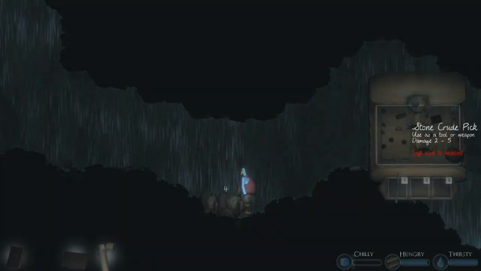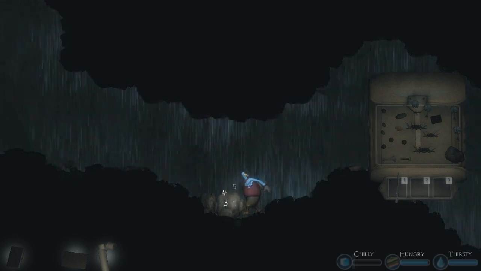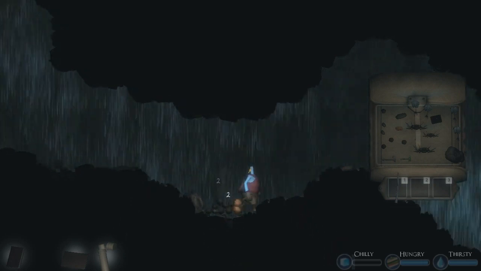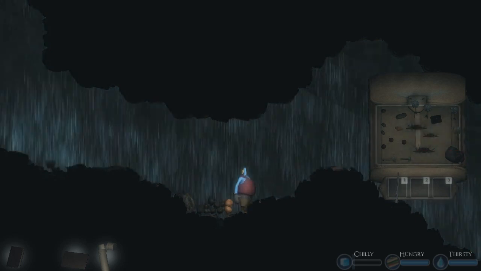Okay, I do have the pick, right? Yes, crude pick. I'm not sure how long we need to hammer away at this, but there we go. Look at that. Okay, so what do we have here? We have clay. That was another item you could get out of here. Again, we'll deselect the